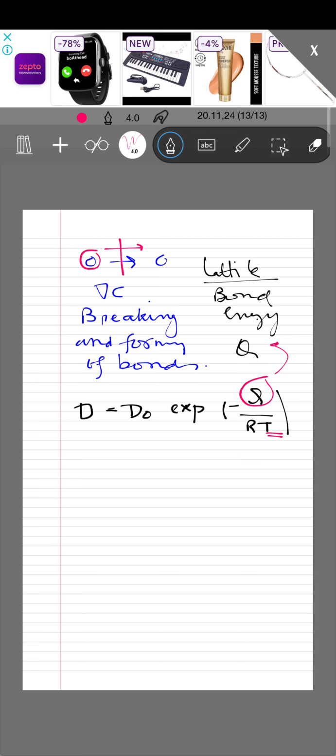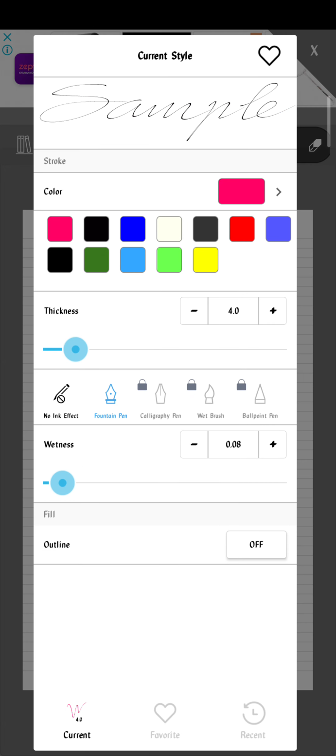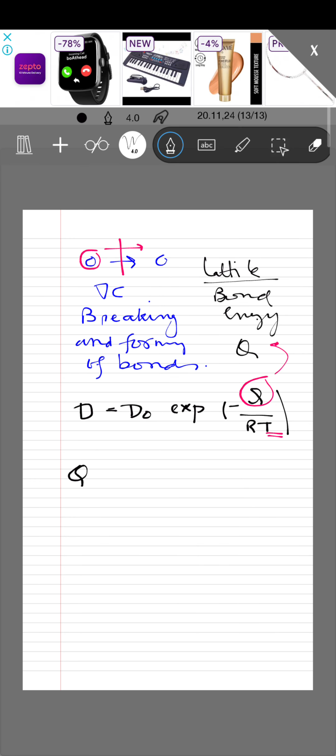Now, comparing diffusion through the lattice and through the defects, as previously told, it has been found that the activation energy required for diffusion through the lattice is obviously greater than the activation energy required for diffusion through dislocations, which is greater than that through the grain boundaries, and lastly the surface. So L stands for the lattice, D stands for the dislocations, GB stands for the grain boundary, and S for the surface. And taking a practical example, it has been found that in case of nanocrystalline copper,